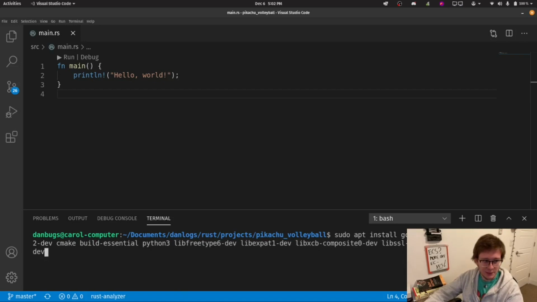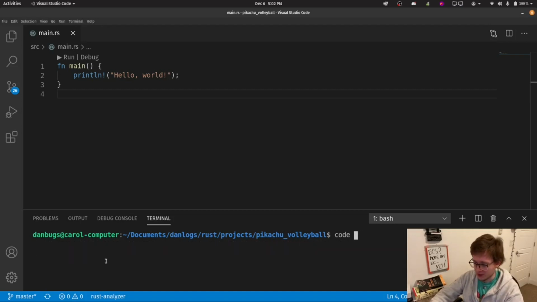Alright, one last step for Linux users is to install a few other dependencies, which is for our rendering backend. So I'll copy and paste this, and you see that we're installing libvulkan-dev and Vulkan tools. So all Vulkan stuff for the rendering backend. Again, it will be in the description. Now back to the steps that apply to all viewers.